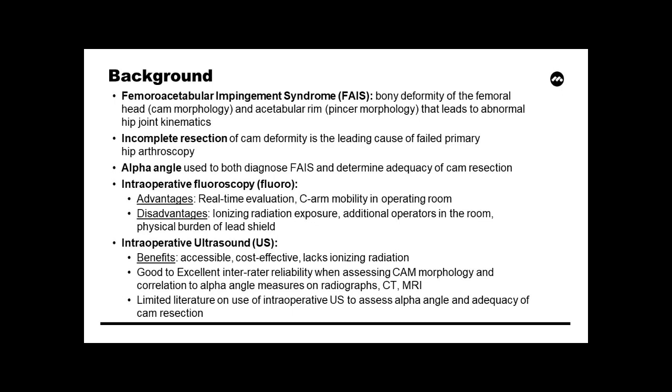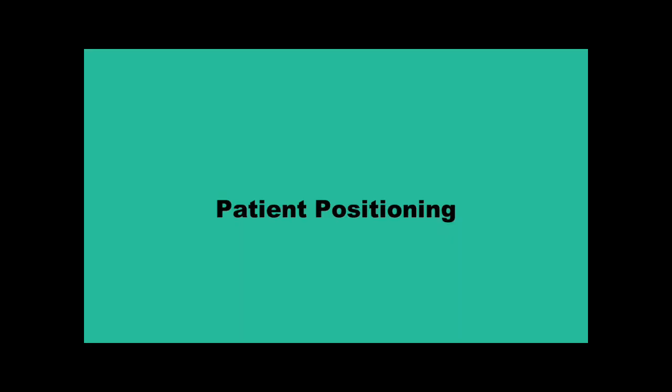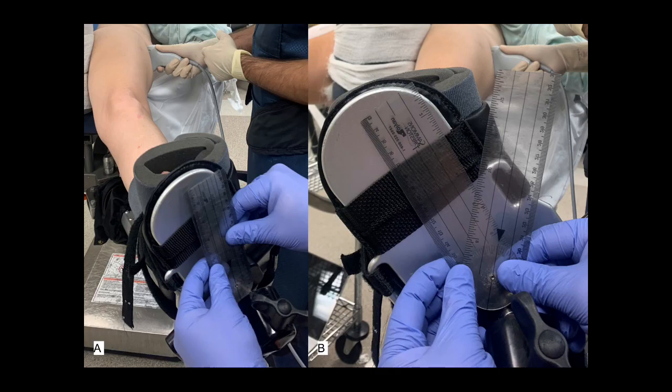The following presentation will demonstrate our technique for alpha angle measurement using ultrasound. Ultrasound can be used either in the clinic setting or intraoperatively to assess alpha angles. Similar to X-ray, proper positioning is essential as different amounts of flexion and rotation affect which portion of the femoral neck is seen. Here, a patient is positioned on the traction table in the operating room with the left hip